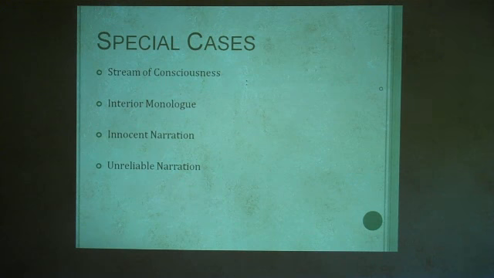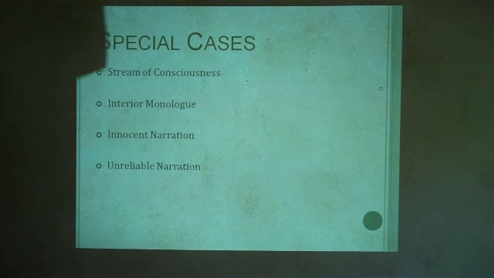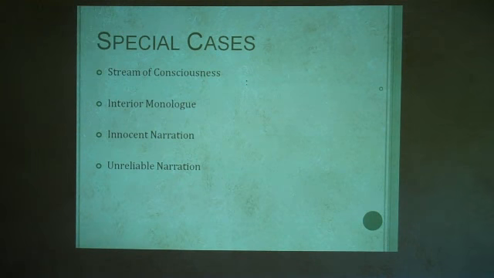Sometimes a reader must decide whether the narrator's account should be accepted. We may notice a discrepancy between what the narrator tells us and what the author means for us to believe. One situation in which this discrepancy exists is with an innocent or naive narrator. We see this particularly with young or inexperienced narrators. They simply don't understand the implications of the story. In other words, the narrator doesn't completely get it, but we, the readers, do.